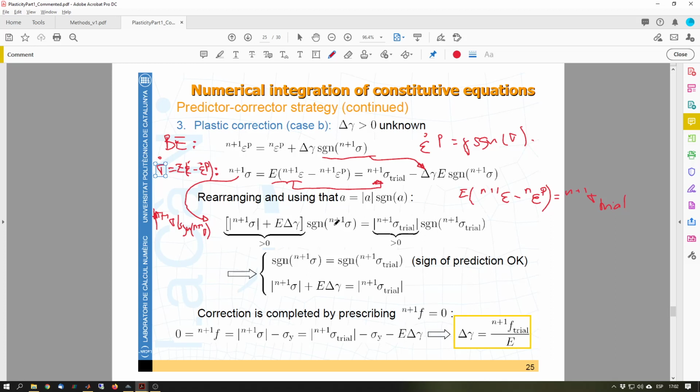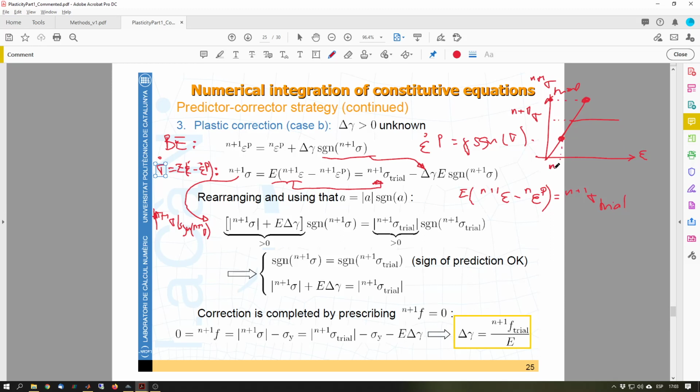So let's compare here signs and the modulus. If we compare the signs, it means that the sign of my new value, sigma n plus 1, is the same as the trial. So the assumption was correct. So at least the direction from here, assuming that we are going to that value, means that our new sigma n plus 1, that is what we want to compute, is similar to the sigma n plus 1 trial that we had here. So at least the two are on the right, with the right sign, going upwards. Then